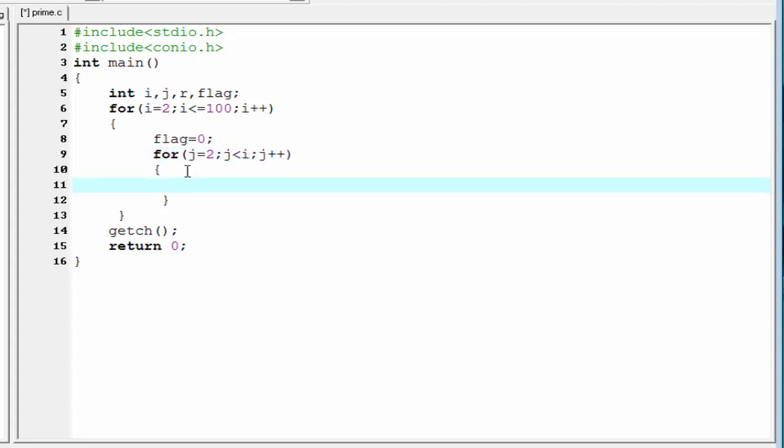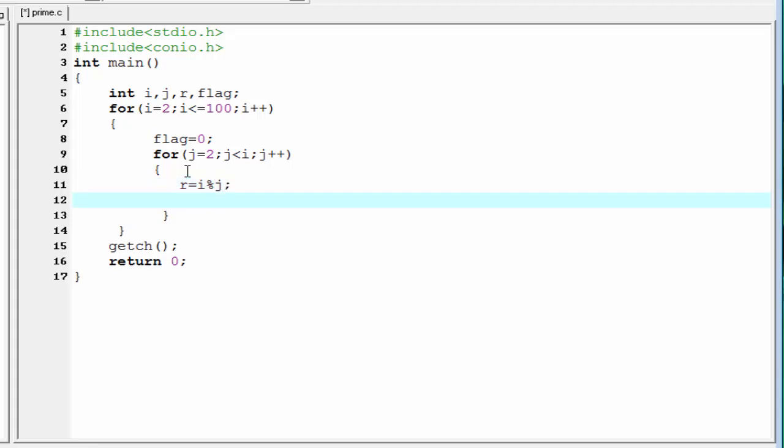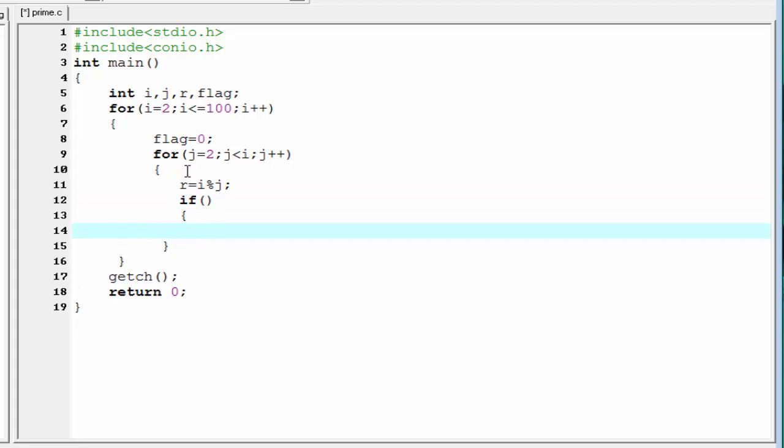Inside the body of the inner for loop we find the remainder, that is r equal to i mod j. Now we're gonna check whether r is equal to 0 or not. To do this we use an if statement. So write here if, a pair of parentheses and a pair of curly braces.